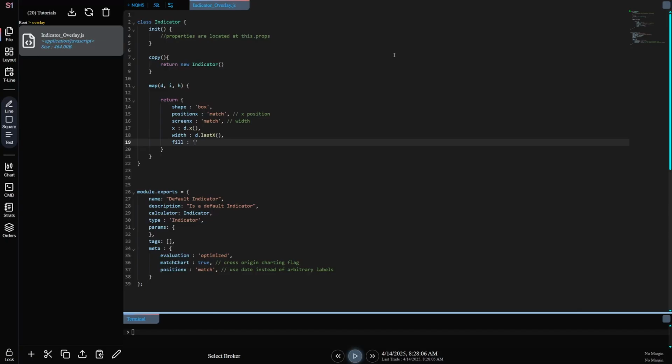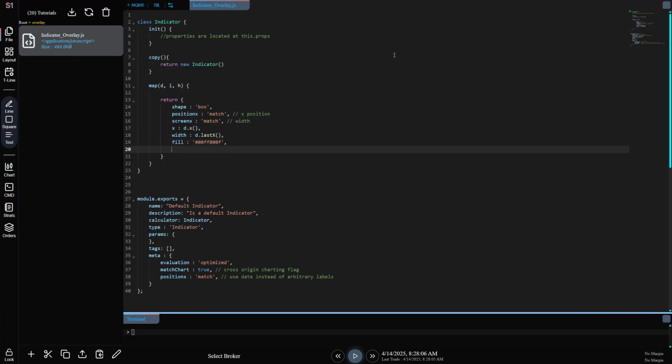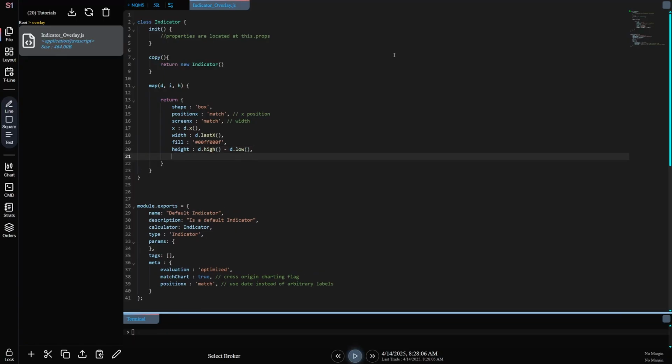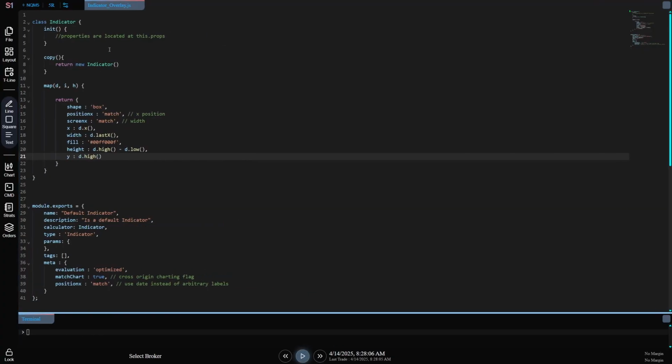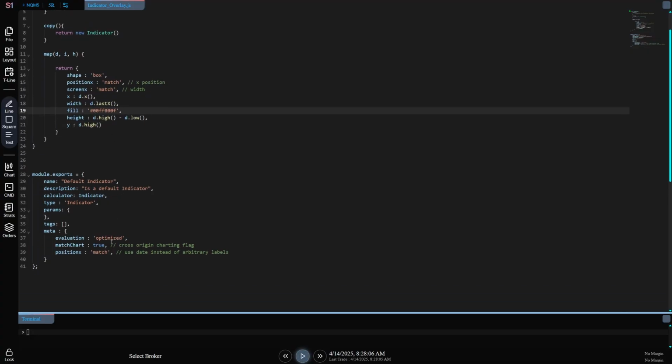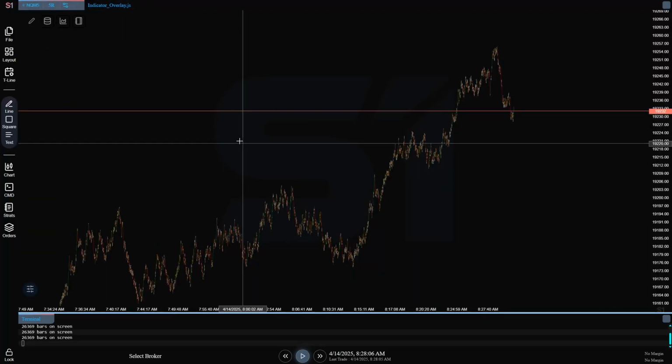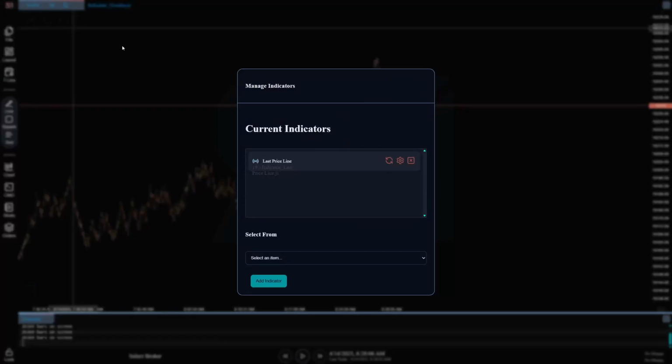For the fill, we're just going to use a semi-transparent color, so just something somewhat bluish. And then our height is going to be d.high minus d.low. And then for our Y, we're just going to specify d.high, because when we're drawing a box here, it starts off at the top left hand corner. Alright, that looks pretty good. Let me just save that, and we can now head back over to our chart here, and we will add this